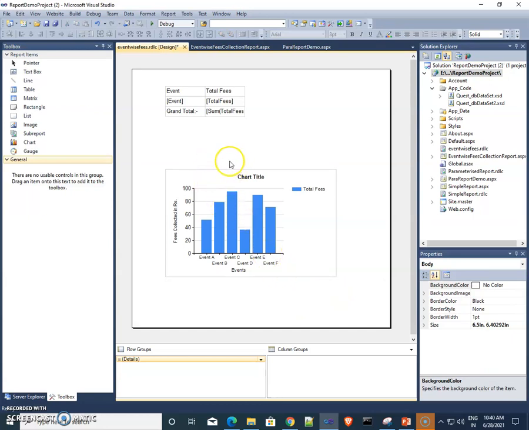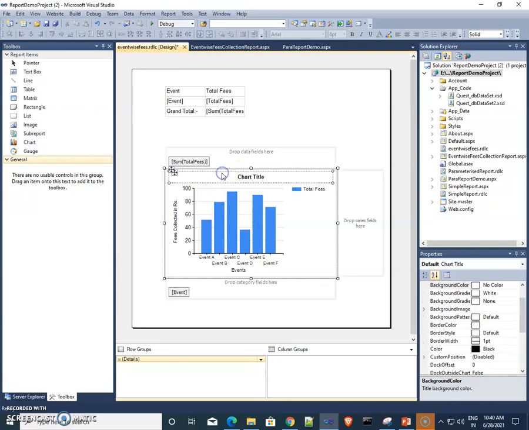For adding the columns, we just double click on the chart, then these edit fields come, and inside this we select whatever field you need. Here category means this is for the x-axis and this is for the y-axis.